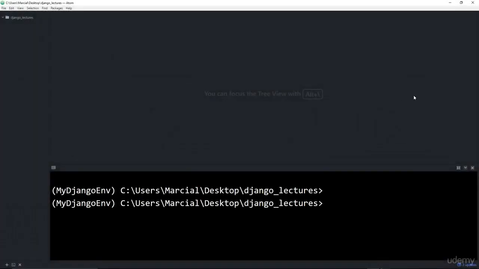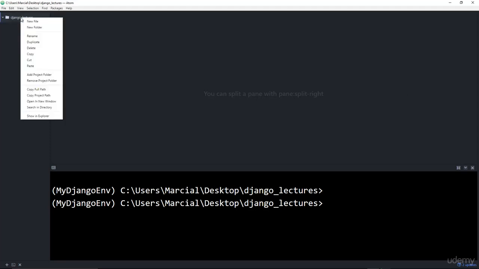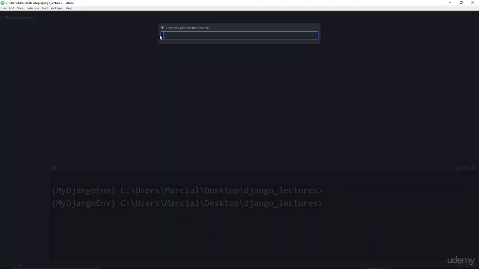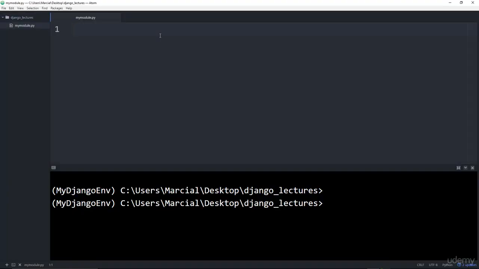Okay, so here I am at the editor, and in this lecture we're basically just going to be showing you how you can create your own module and then import it into another file. So here under my project folder, I'm going to right-click, add a new file, and I will call this mymodule.py. And here it's just going to be a very simple function. We'll say func_in_module, close parentheses, and this just prints out "I am inside the mymodule.py